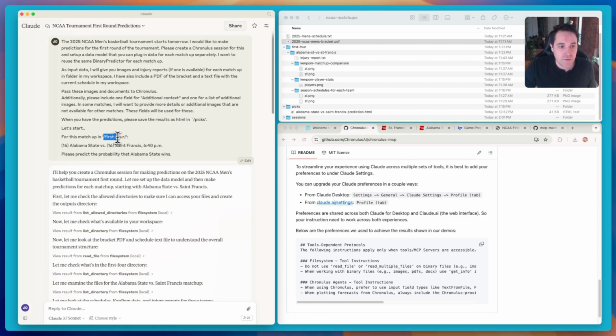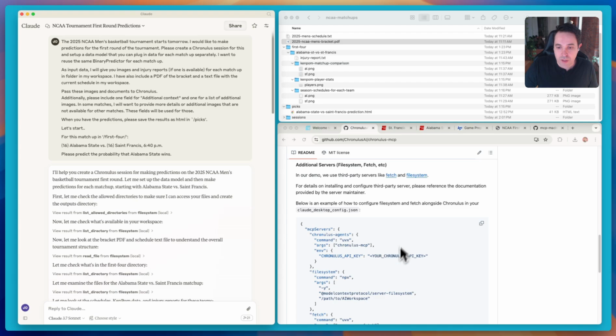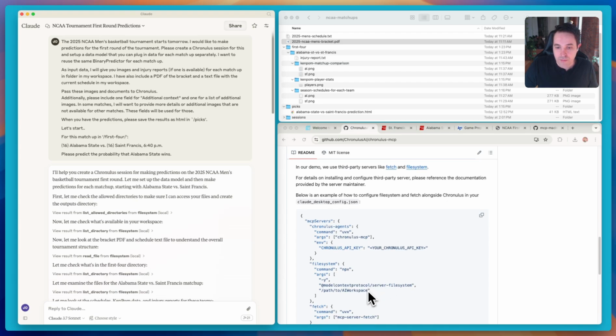Here I've given an indication that our data is in this first folder. So if you use the slash, basically Claude doesn't know about anything else on your computer other than what you've given it access to in that file system configuration. Wherever this workspace is that you've told it to start at, it doesn't know about anything else. So it's not going to look at the root of your computer or something. It's just going to start looking directly in that folder for anything you told it to look for.